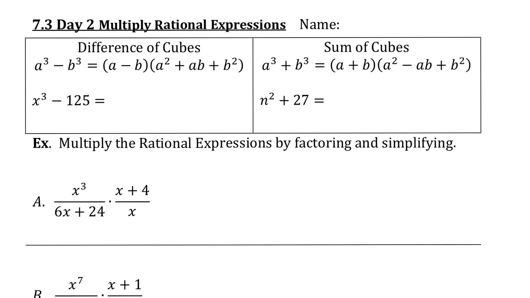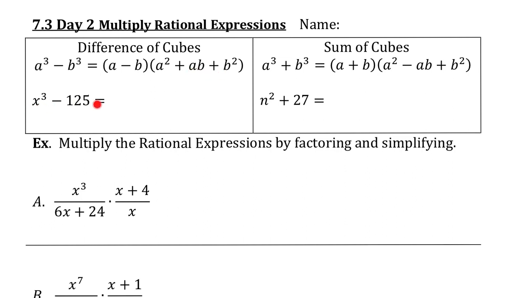Okay, 7.3 day 2, we're going to multiply rational expressions. Before we do, I'm going to remind you of how we factor difference of cubes and sum of cubes. So remember, if you have a cubed minus b cubed, to factor it, it turns into a binomial times a trinomial. The first one has the a minus the b, and then it's a squared plus ab plus